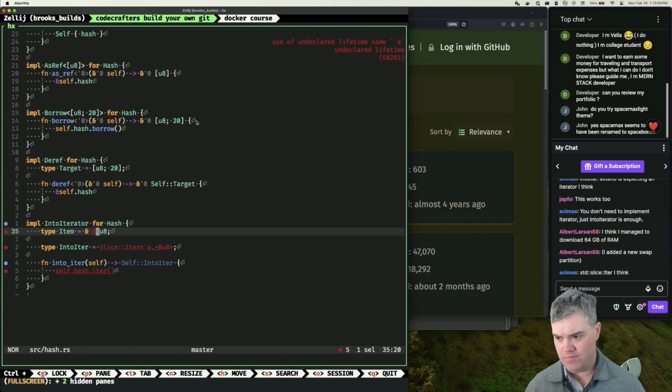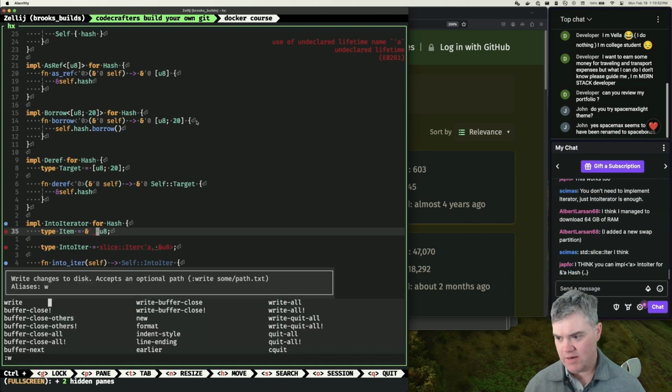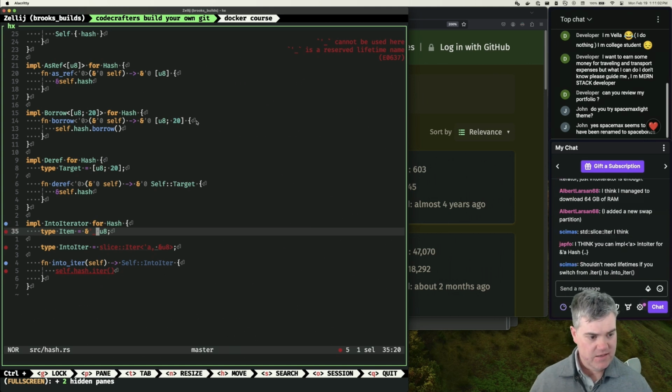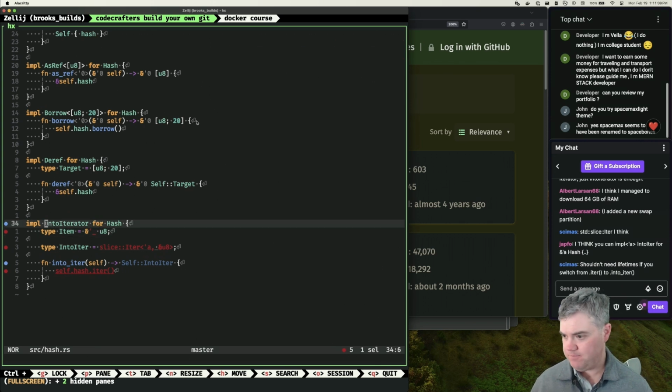Do I just say anonymous lifetime? You think that I can import A into iterator for, oh, I put the before hash. Oh, interesting. Okay, I never thought I could do that. We played with lifetimes a lot, I just don't use them enough to really internalize it. So if I A here like that,